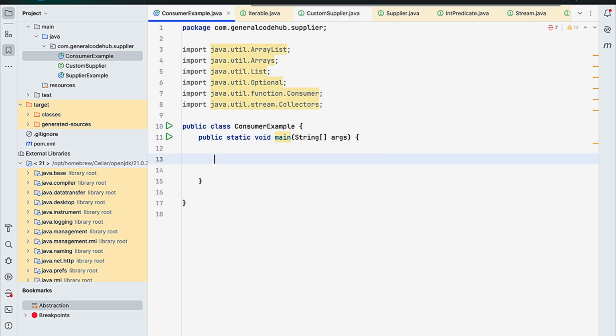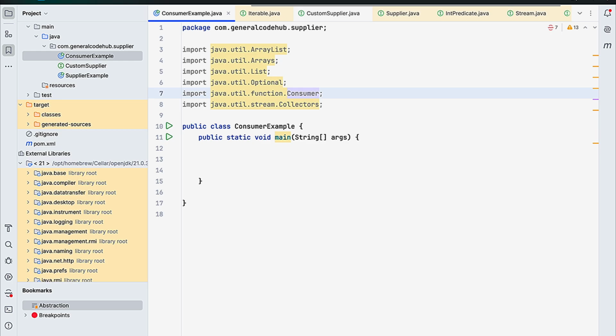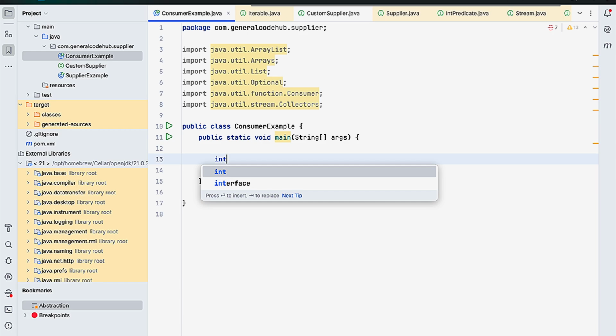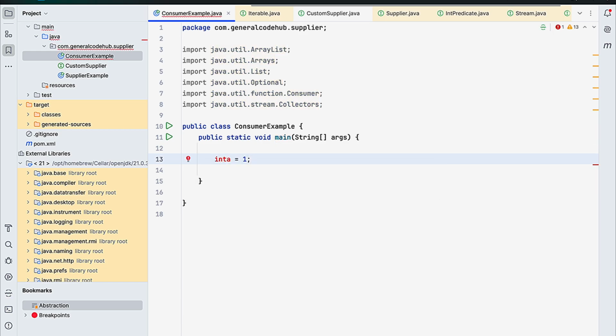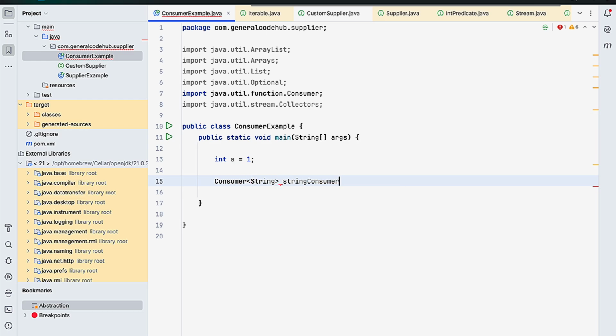In the last video I already told you how we declare a lambda expression. I told you that a functional interface is nothing but the data type of the lambda expression. So if you want to declare a lambda expression, just like we declare int a = 1, we can declare this lambda. First we have to declare the data type, that is Consumer. If you want to deal with String, then write String here,